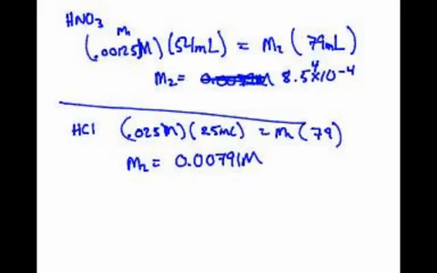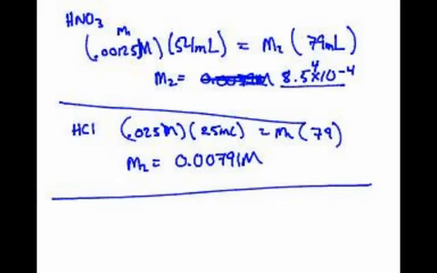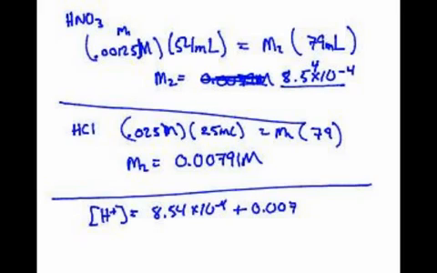Now, what do we do next? That's just molarities, 2 molarities, but if we add them together, then that's our total concentration of hydrogen ions in this solution. So it would be 8.54 times 10 to the minus 4th plus 0.00791, and that comes out to be 0.00876 molar. Now we're just going to take the negative log of this,